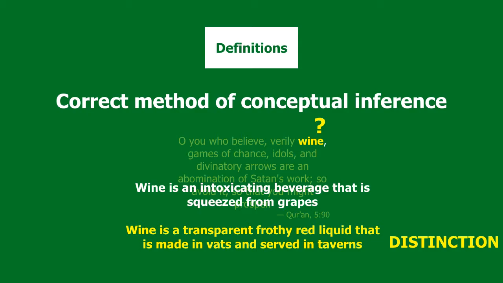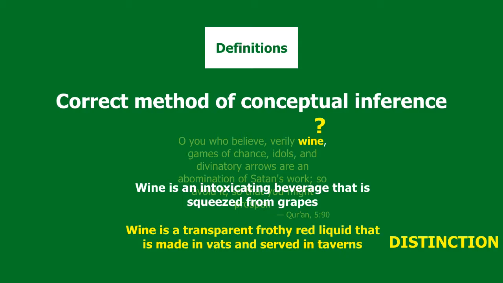The second definition does not tell you what wine is. It doesn't tell you that it is something that's drunk. It doesn't tell you that it's made from grapes. But if someone is familiar with the places that it's drunk and the way that it's made, they've gone around and they've seen. Wine would have been very prevalent in pre-Islamic Arabian society, and so people would know what it is. It's the thing that is made in vats and served in taverns. You didn't have taverns then, but this is